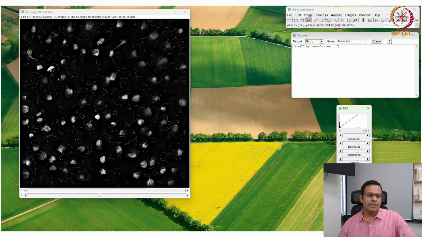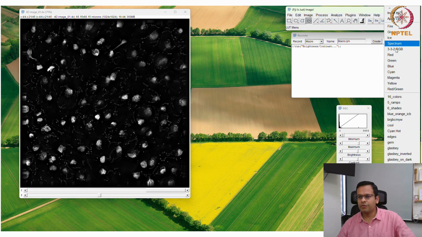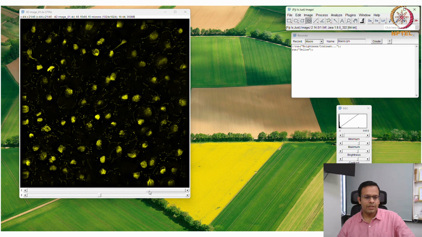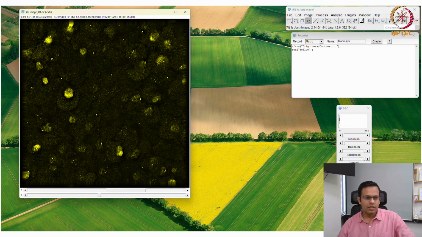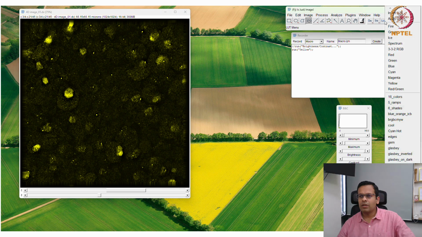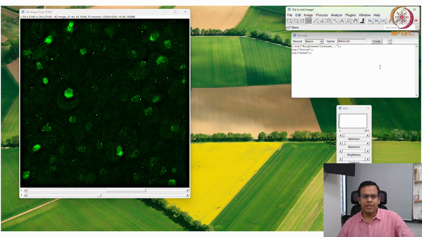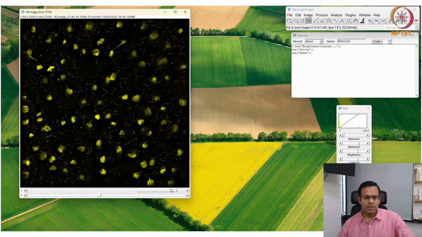Now the next step is I have to give the colors. Okay, so let's say for this channel, from this lookup table, this is a LUT, that is lookup table, I will give it a color of magenta or maybe yellow. Then to the next channel, I'll give the color green, but I think it is changing.